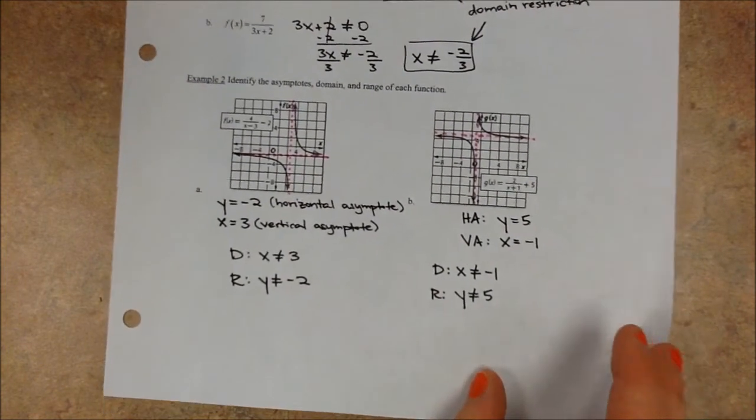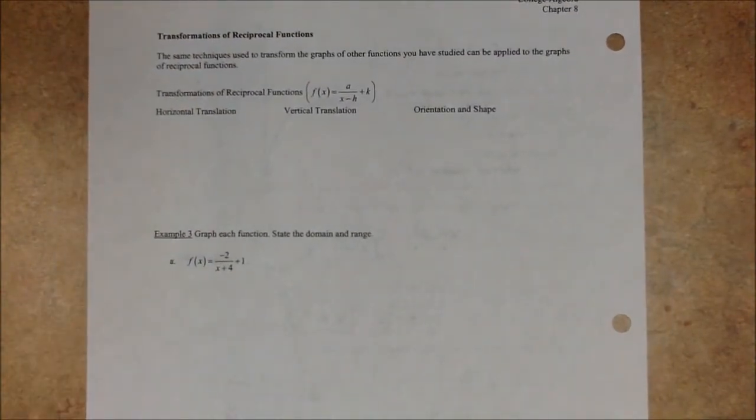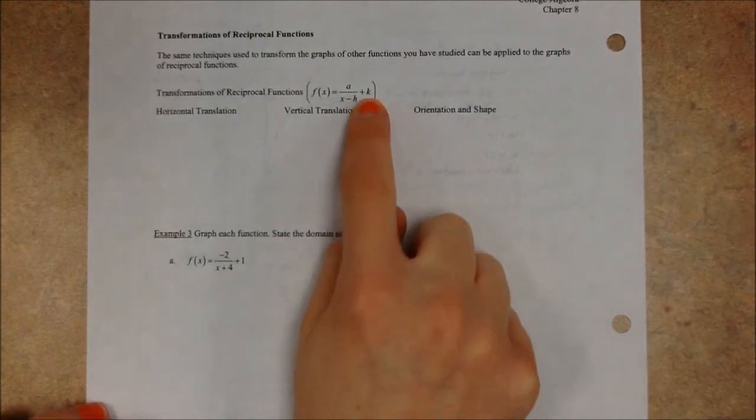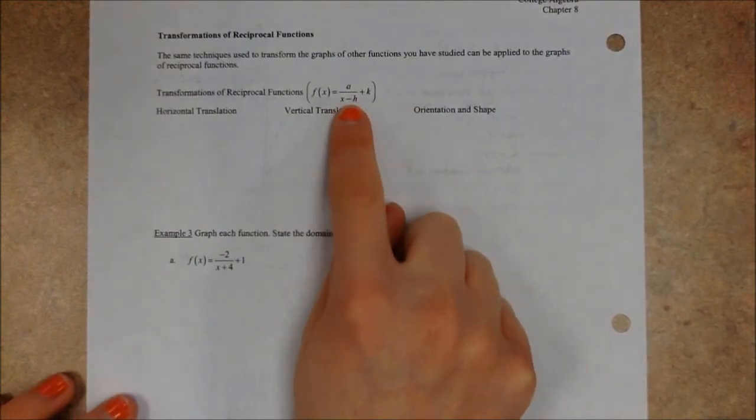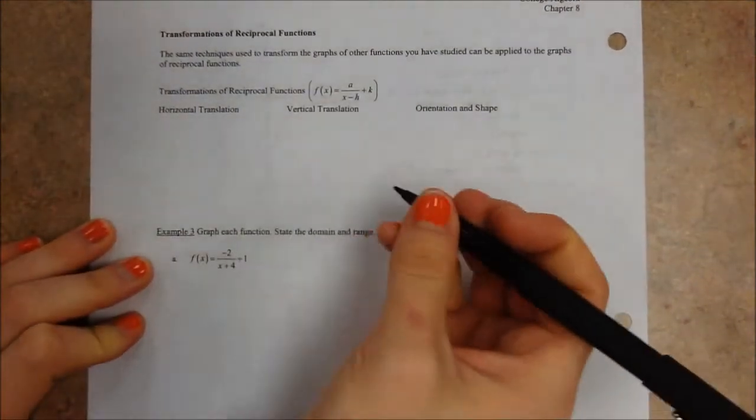So let's take a look at the transformations that we can talk about, and then we're going to graph a couple of these. We can see this k on the outside, and we know what that affects: the horizontal asymptote. And this h down here is going to do the vertical asymptote. A horizontal translation moves you either left or right, and that's the effect on the vertical asymptote. So we've got h units